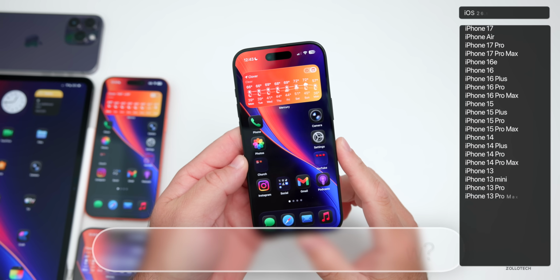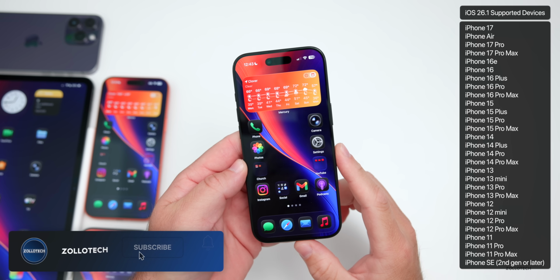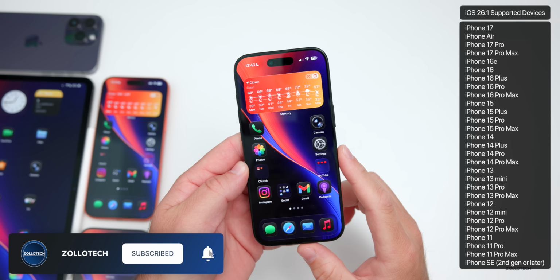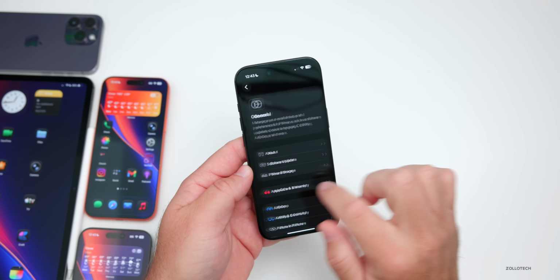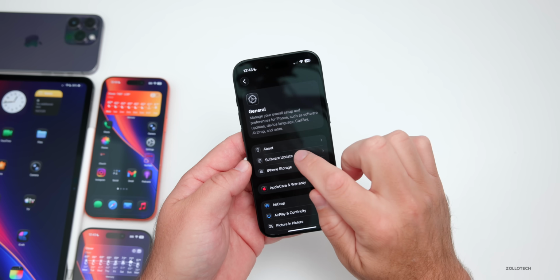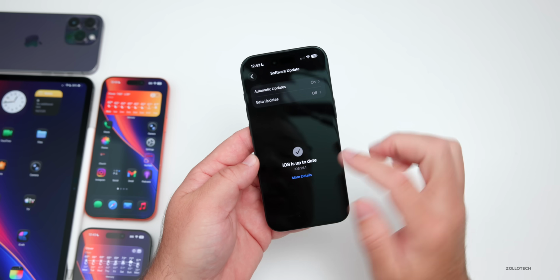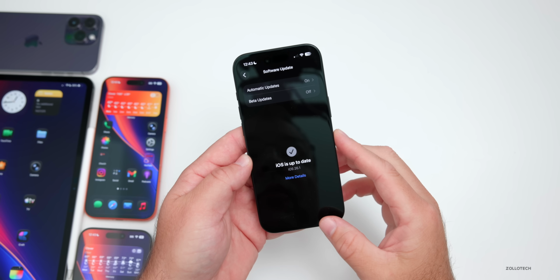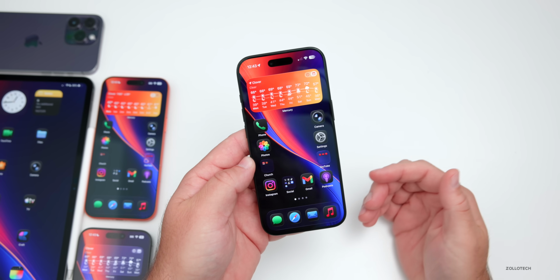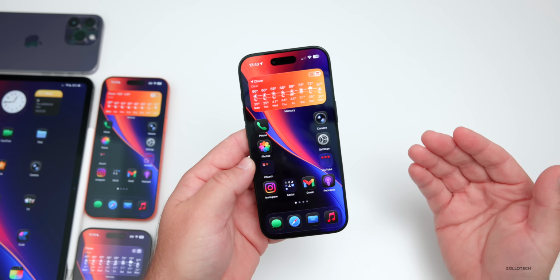iOS 26.1 is available around the world at the same time for everyone on all iOS 26 supported devices. If you're not seeing the update, you can find it under your settings, under General and then Software Update. If you're still not seeing the update, back out, go back into Software Update, and you should see it here. Now this update does contain many new features and changes, as well as bug fixes and more,